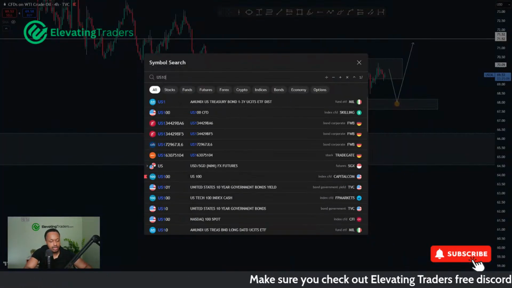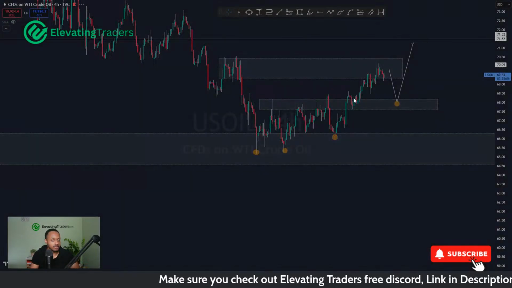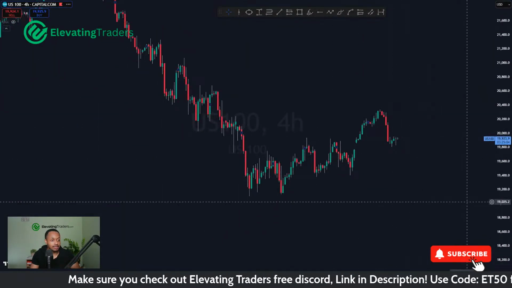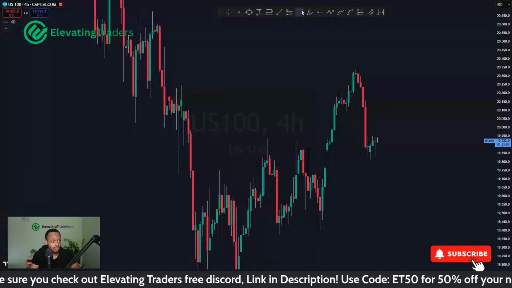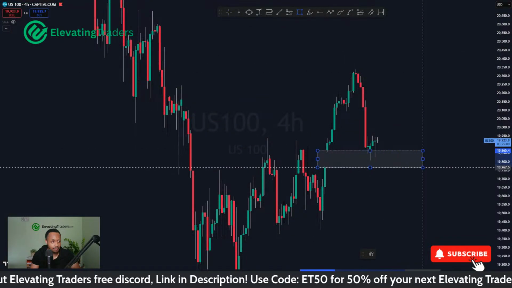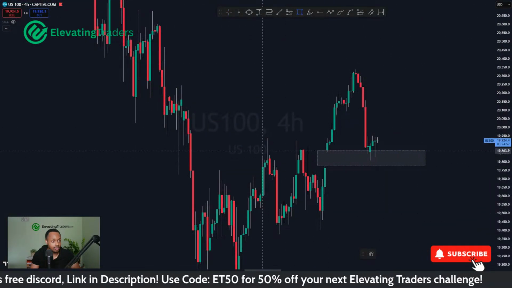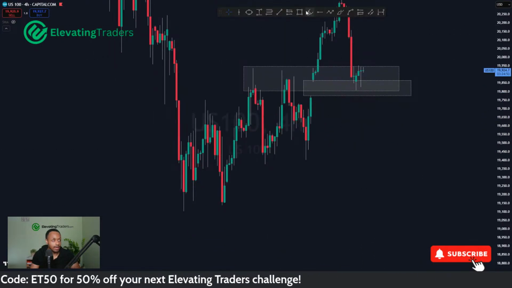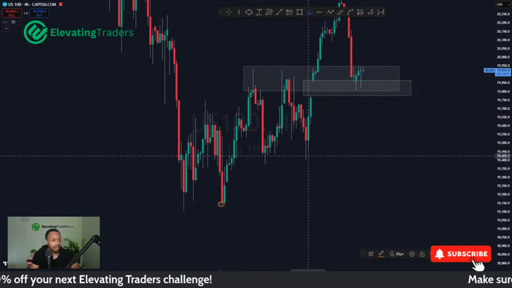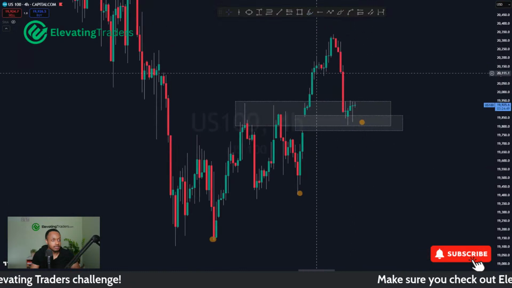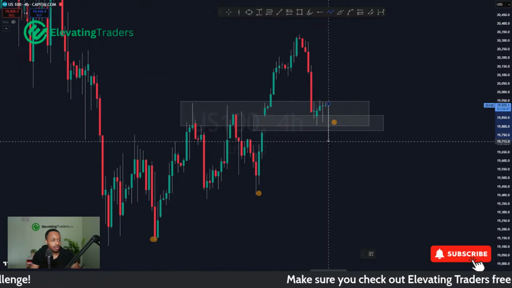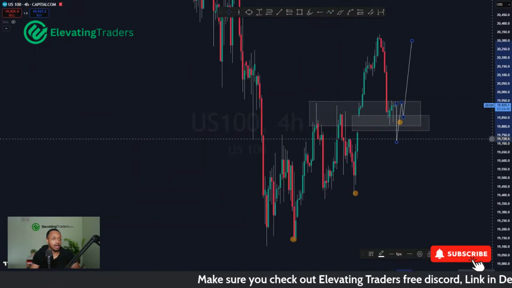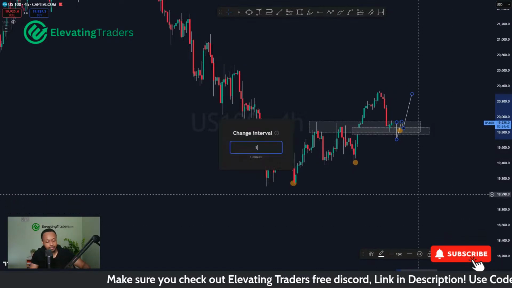I'm pretty sure this one had a bit of a sell, didn't it? Yeah, nice move to the downside, but it's testing some interesting areas where I do think we can bounce from. There's a nice gap there, solid resistance on the left, turning into support. I think this is a nice place for a buy. One low, second low, potentially a third. Might even wick through that a little bit before we do spring to the upside, but I do think that's a nice place for a buy.